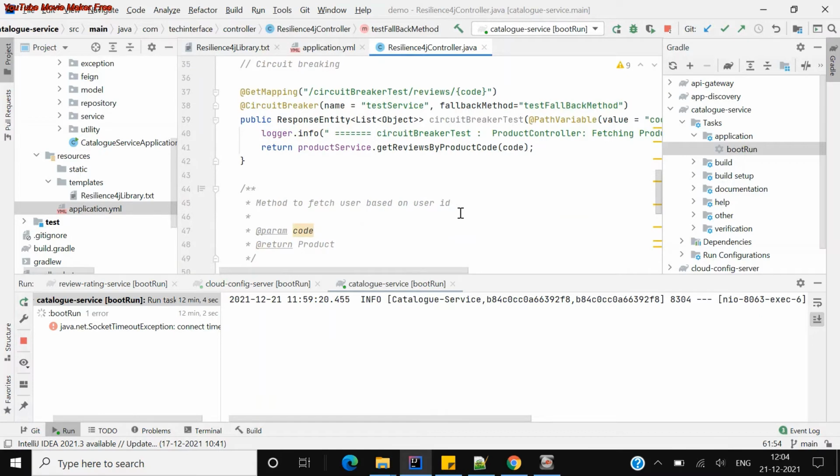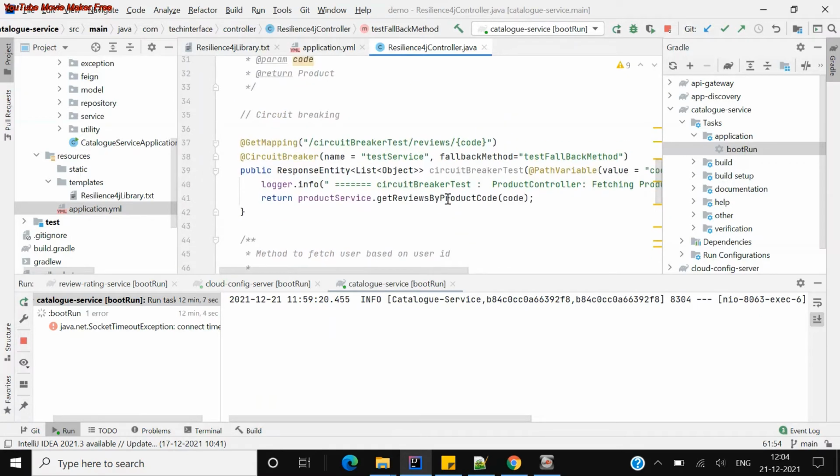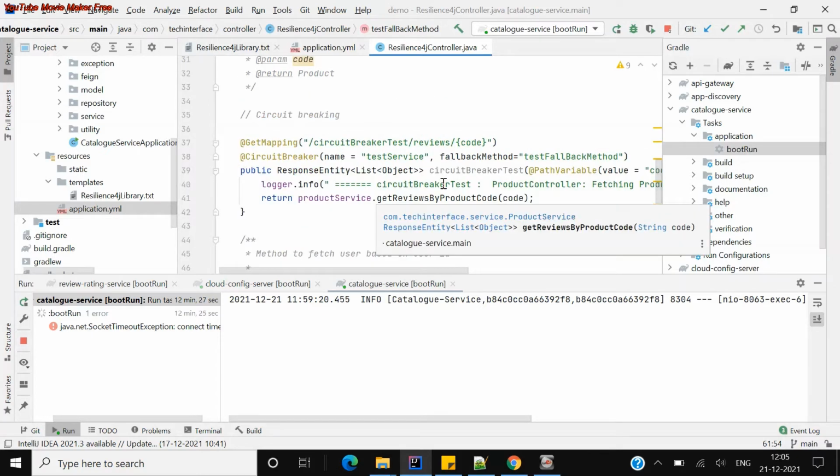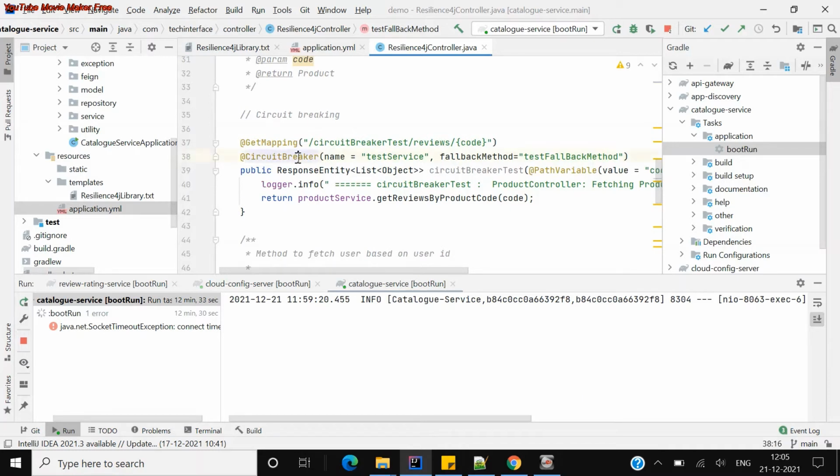In the fallback method I just print that the fallback method is called and the service is not available. What the circuit breaker pattern does is, if you're trying to call some other service or endpoint which is not available, instead of waiting or throwing an exception, it falls back to a predefined method where you configured a useful message for the user, so that the user comes to know this service is currently not available and we have to retry. You configure whatever message is required. So what does this circuit breaker annotation do? If something goes wrong or we're not able to connect with a particular service, just fall back to this particular method.